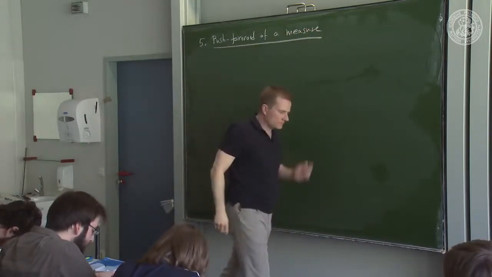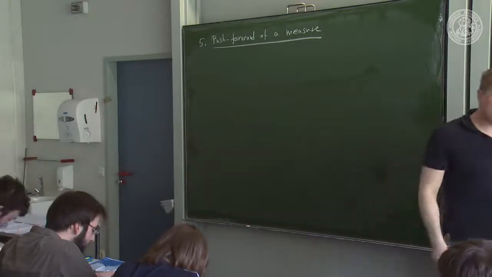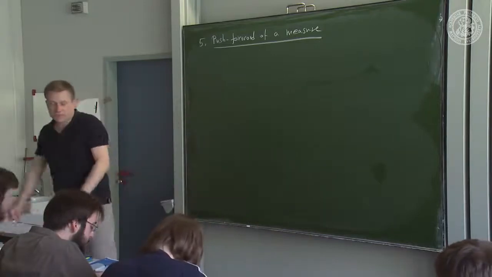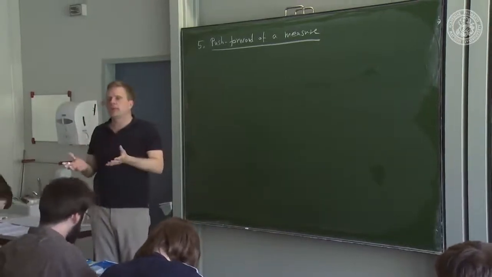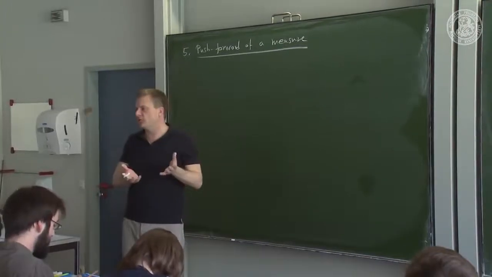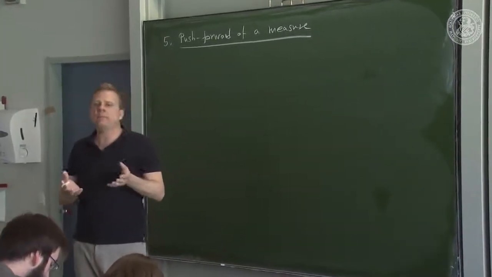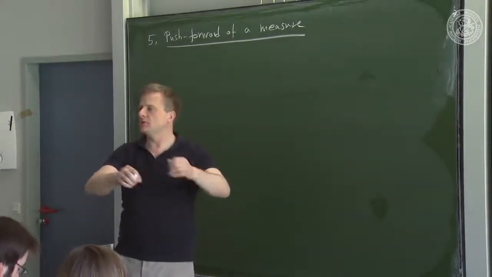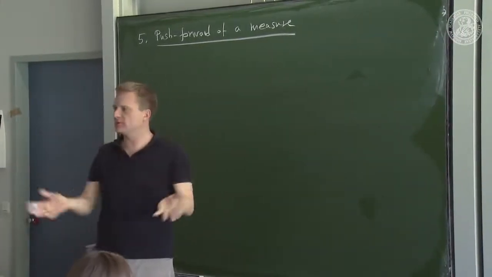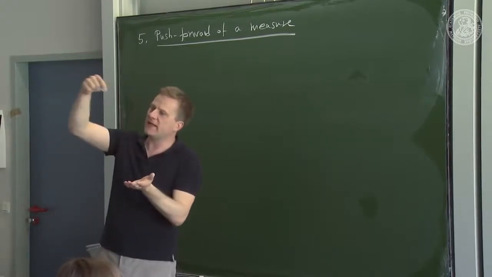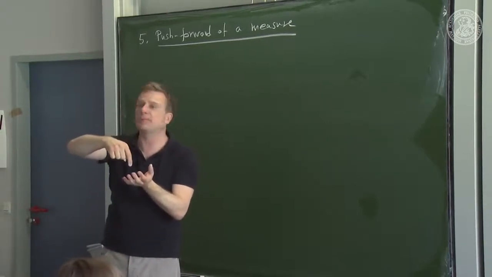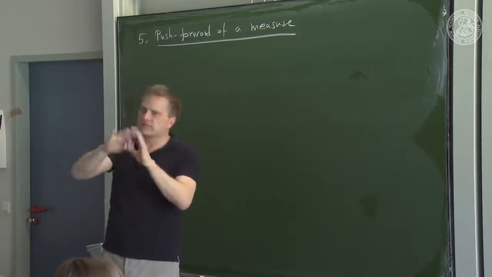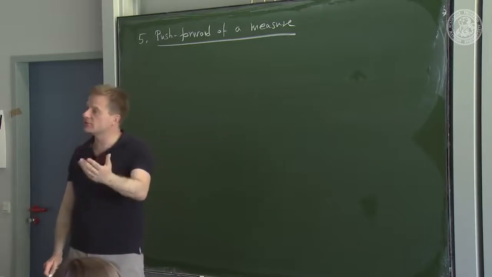Now, as I said before, and as you know from experience, very often if you have a space equipped with a structure, and you have another space not quite equipped with that much structure, you may be able to inherit the structure from one space to the other space. In topology, for instance, you have a topological space, you take a subset. Well, you can inherit a topology on the subset. It's a subset topology, okay? It's the intersection of all the open sets outside with that set. You need to show it's a topology again.